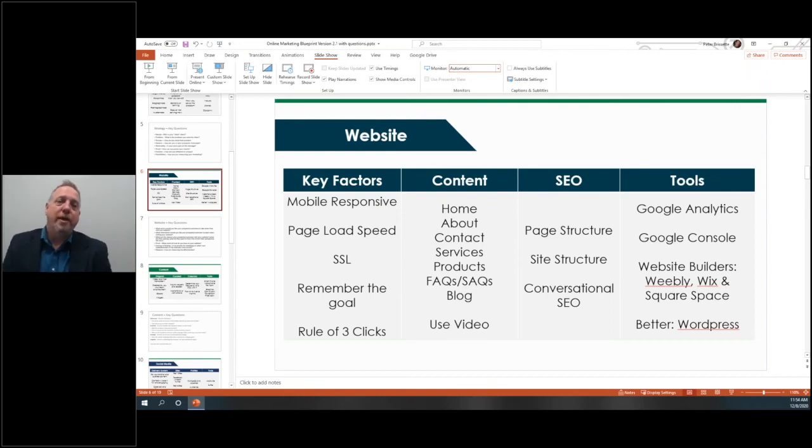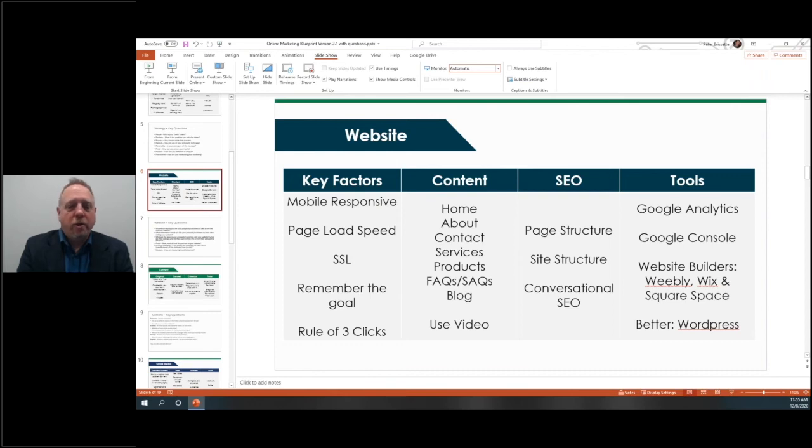So you really want to write descriptions that make people want to visit that page. There's some stuff also with site structure as well. And then the other thing that I like to do and talk about is what I call conversational